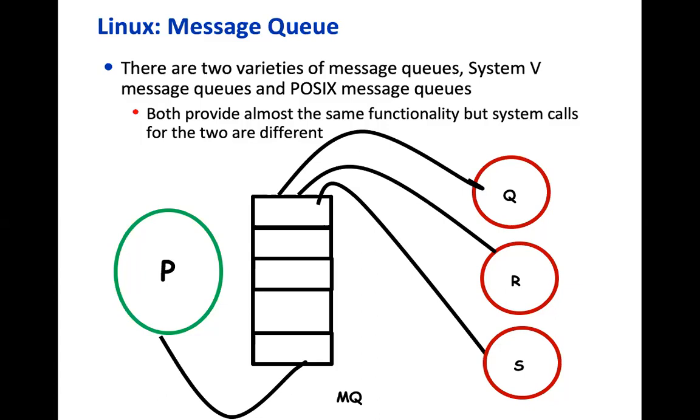So these QIDs are generated by the OS. However, they should be known to the communicating processes, otherwise they cannot communicate. If only P knows it and Q and all these processes don't know, they cannot pull the messages, right? Because they have to specify where they're pulling from. It means that all these processes should know the QID, and it means that they should be able to generate the QID, and it should belong to something.